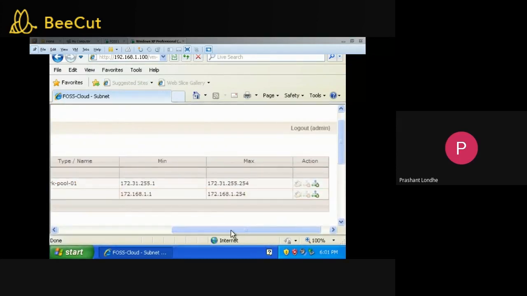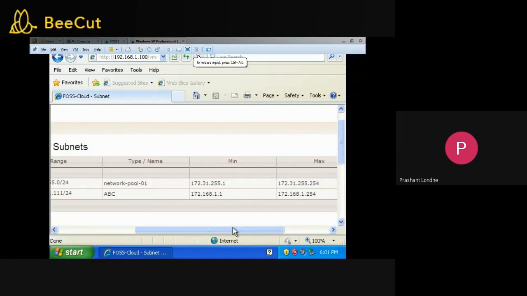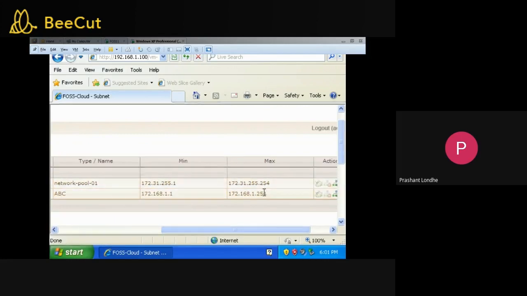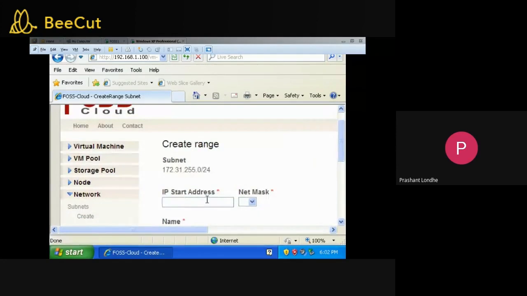Now suppose I want to select this range, means I want to follow this network pool. So what is the minimum ID? It is 1. Means 172.31.255.1, and what is the max? That is 254. So if I click over here, I need to select the start address as 172.31.255.100.